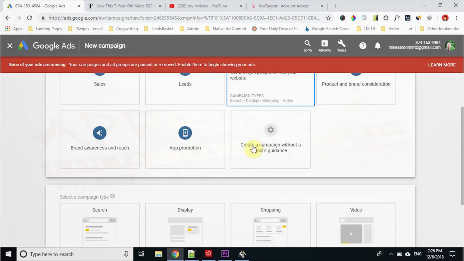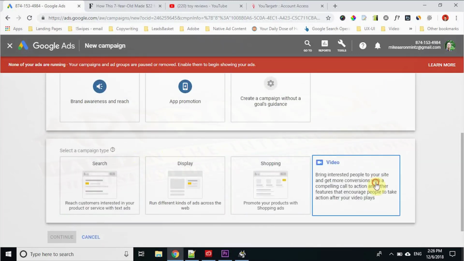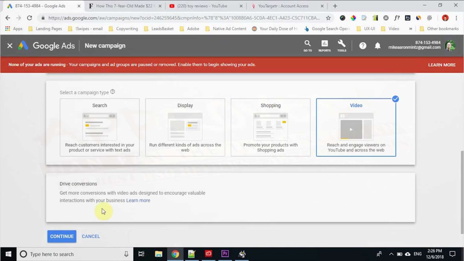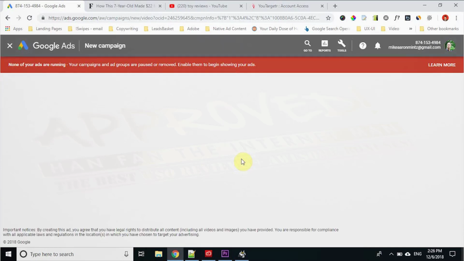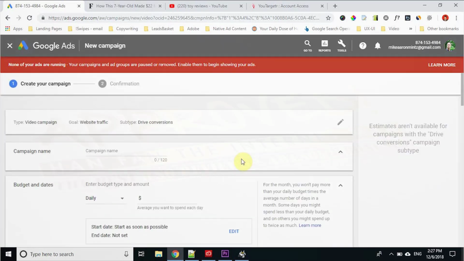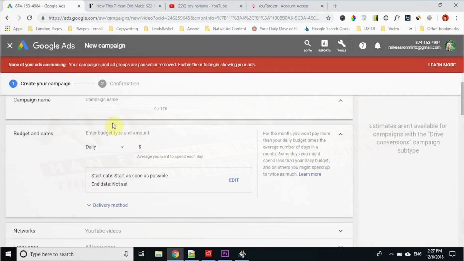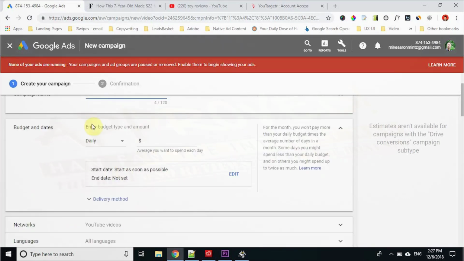So let's just say I want website traffic for whatever I'm selling, and I want to do a video, and I'm going to drive conversions, right? So I'm going to click continue. And basically what Google is going to ask me for here is, all right, where do you want to advertise? So let's just zip through this. I'm just setting my budget, whatever. We'll go through this in depth when you guys have training. But the idea is that really,